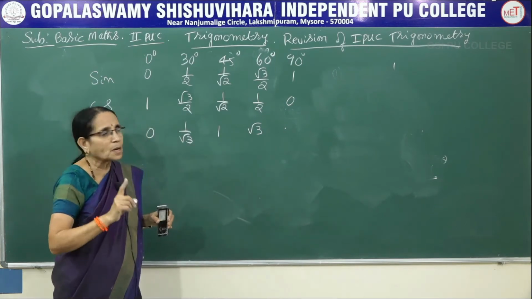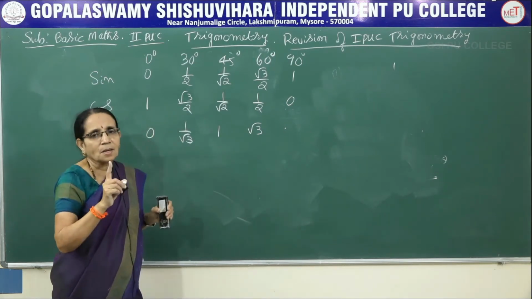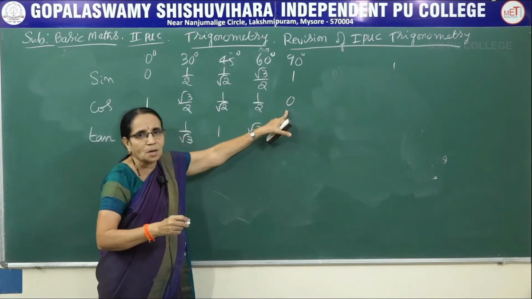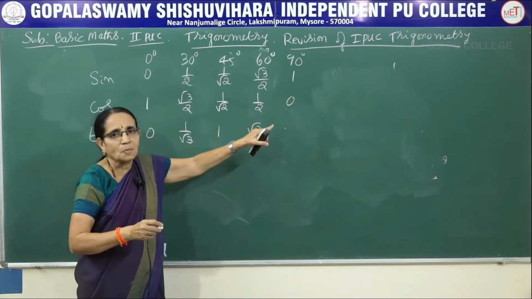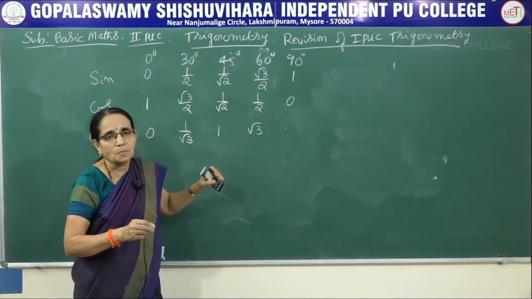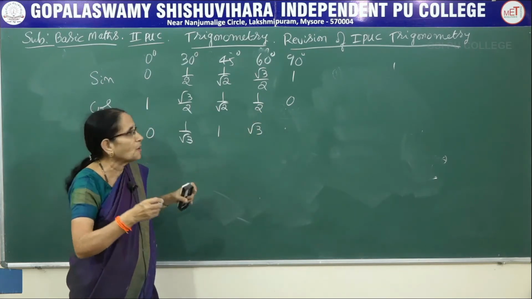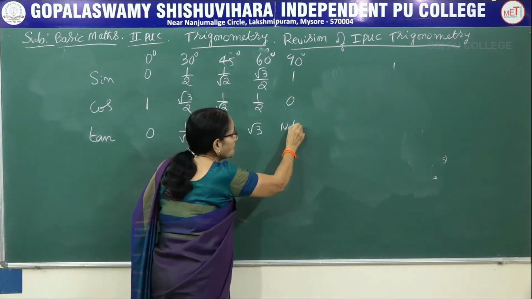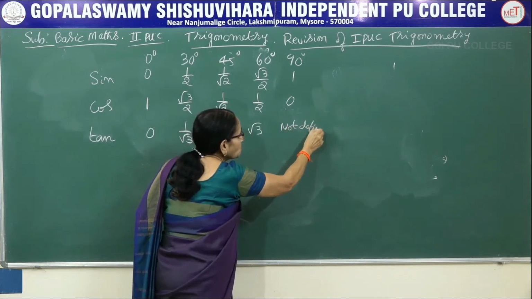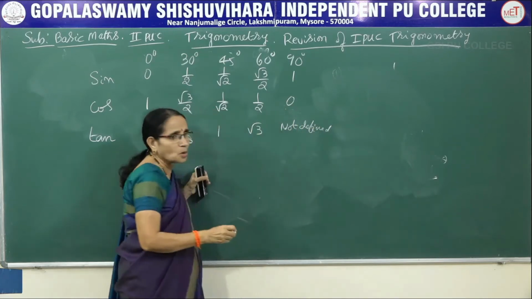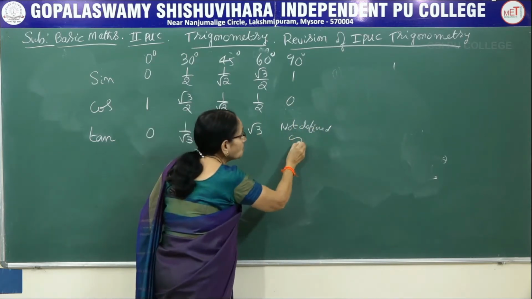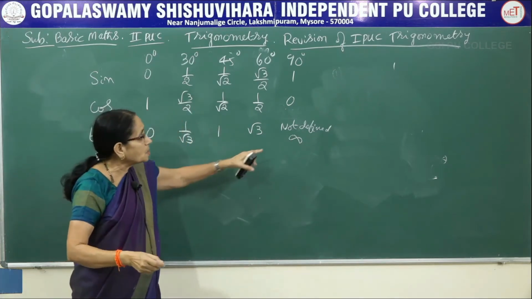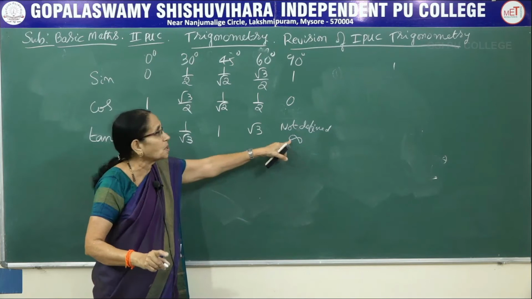not defined, because as you know, tan theta is sin theta by cos theta. So tan 90 would be 1 divided by 0. Any number divided by 0 is not defined, because division by 0 is not defined at all. So we get here 1 by 0. Strictly speaking, we have to say not defined. But as you know, whenever we get 0 in the denominator, we denote it as infinity because we consider that as a very huge quantity. It is not a number, it's only a notation.